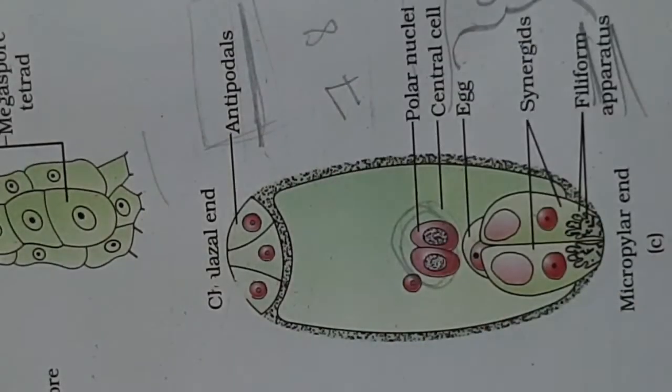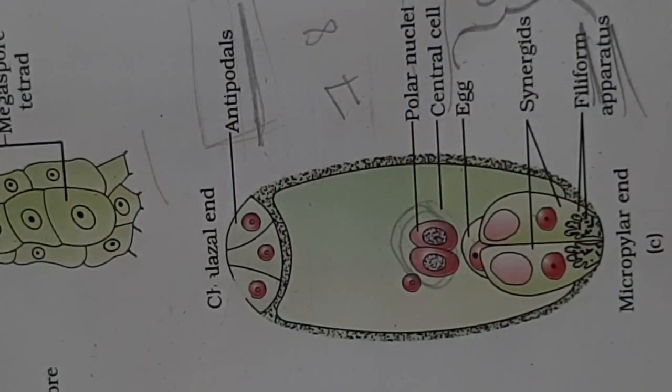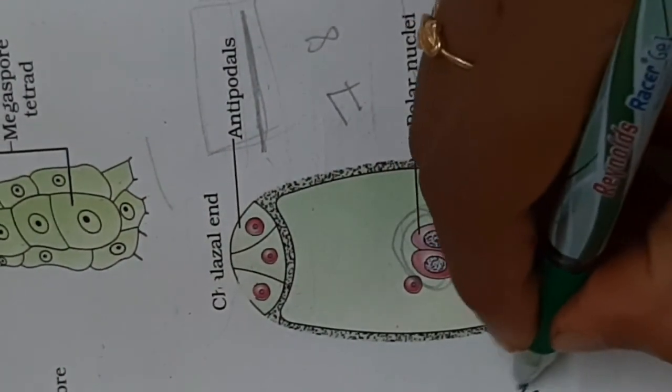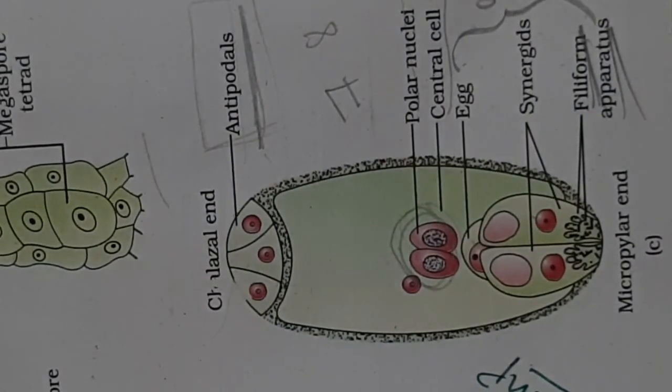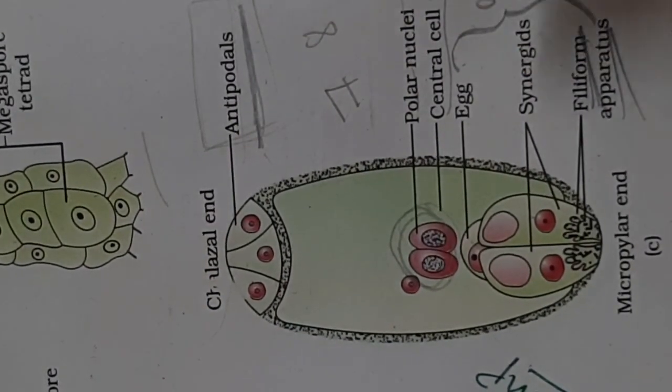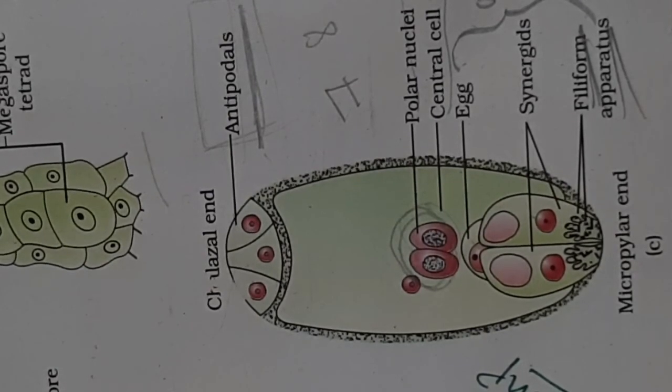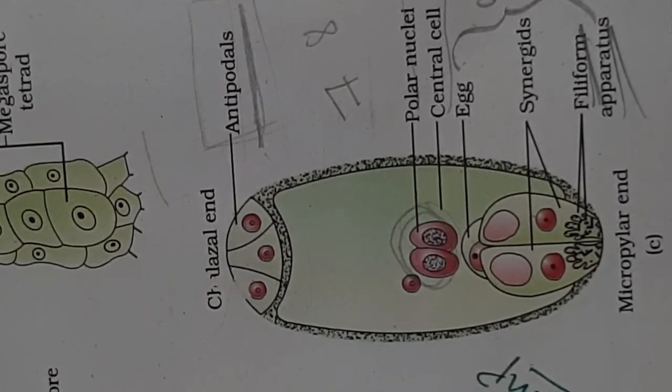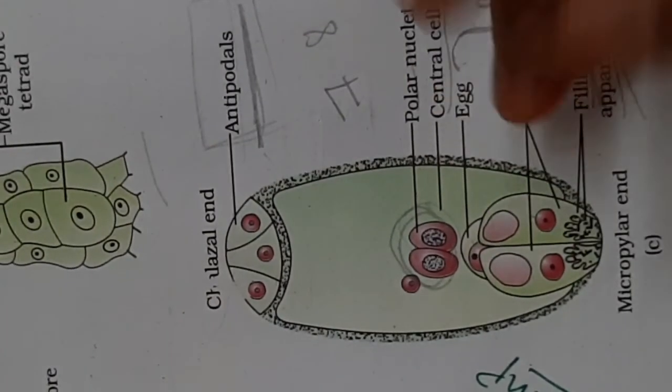It is very, very important. It will come for 5 marks. In exam they will ask the diagram of embryo sac and explain the embryo sac. If you understand the structure of embryo sac, you can easily get the pollination and fertilization concepts. In this topic, megasporogenesis is very important, and the structure of embryo sac must and should come for an examination. It is very important for 5 marks.